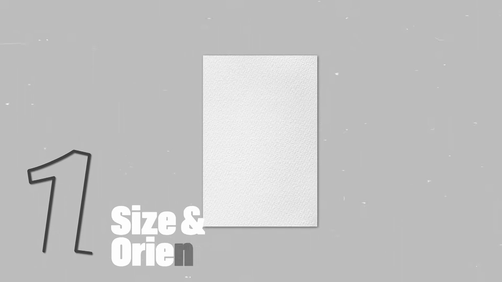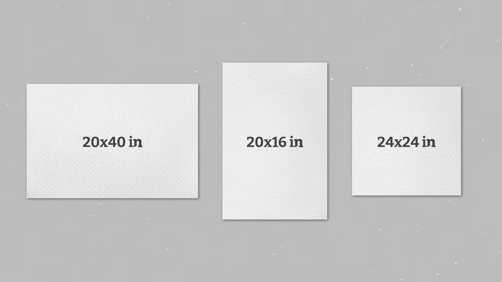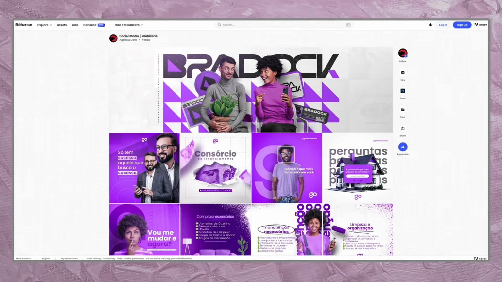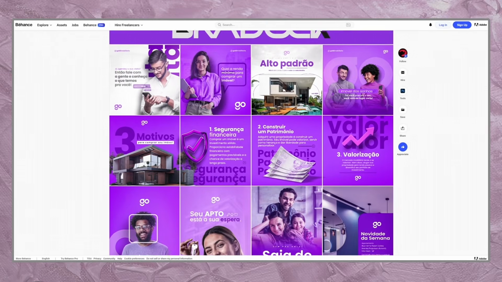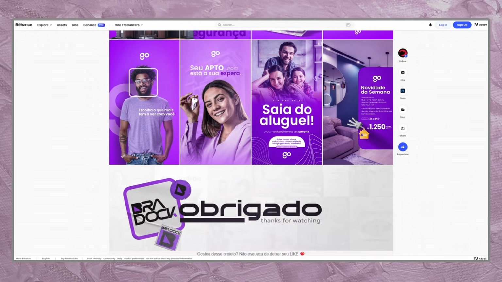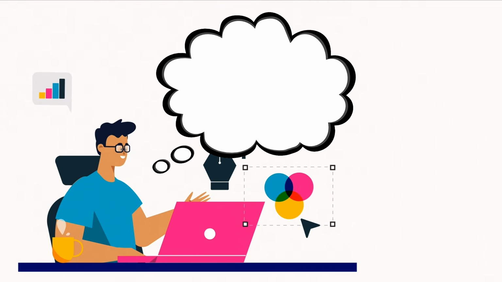But the first step is to look at the canvas size and orientation that you're working with. Take a look at these social media graphic designs. Pretty decent, aren't they? But look closely and you might notice how most of these designs are actually square in shape. When you start any graphic design project, the very first thing you should do is to understand your canvas